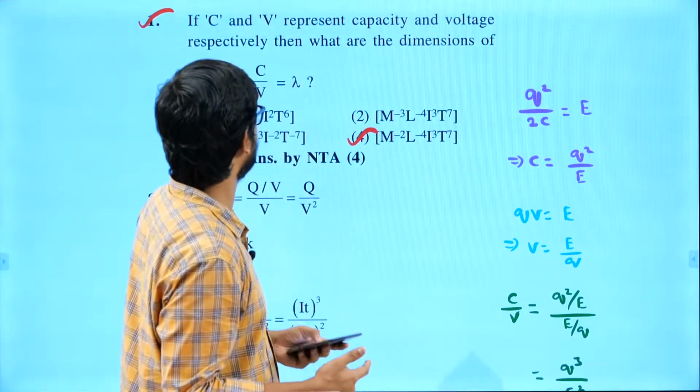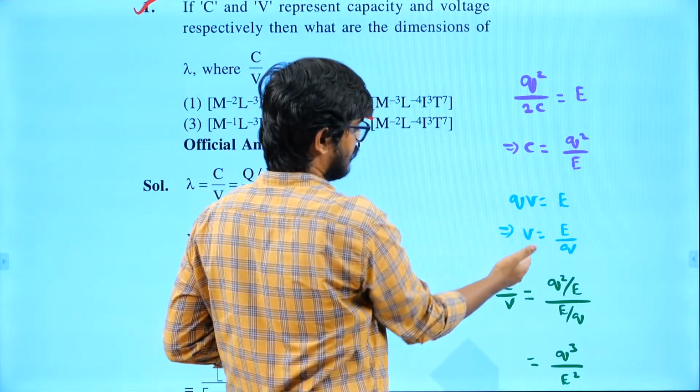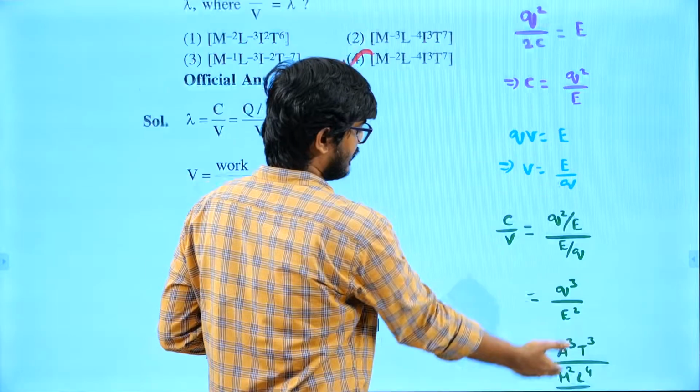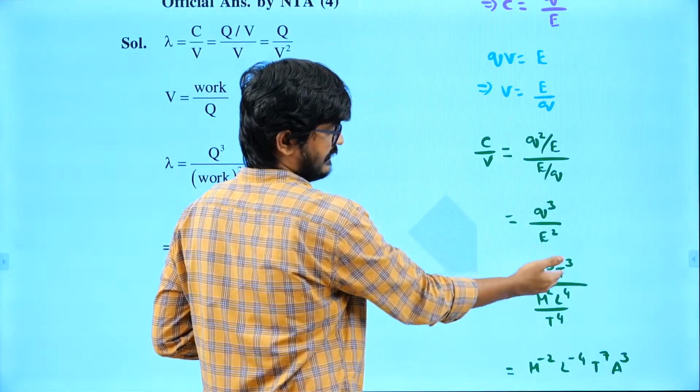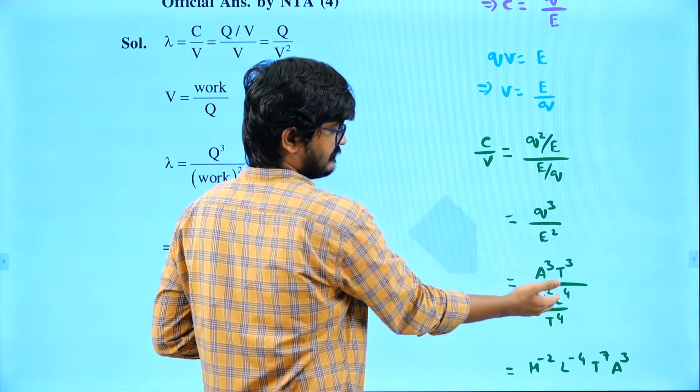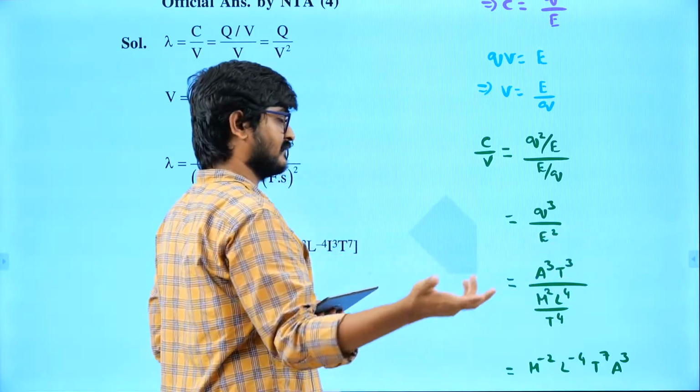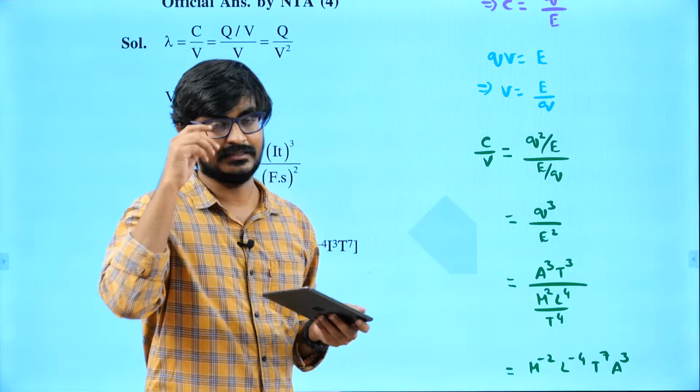Now what do I need to find? I need to find C by V. So C I found, V I found, and when I divide I will get Q square by E cube. So Q square is A into T, Q cube is A into T whole cube, and energy square is half mv square dimensions, right? So ml square by